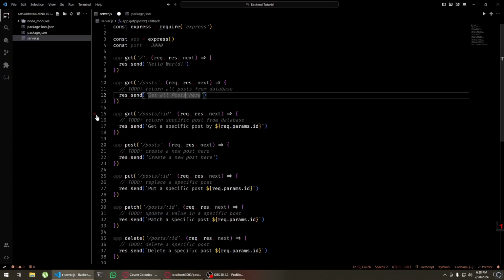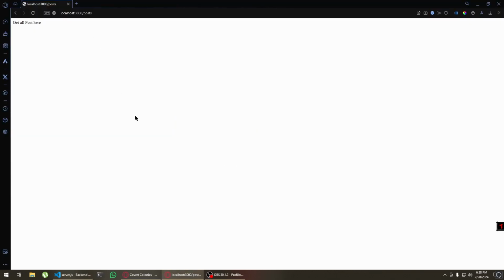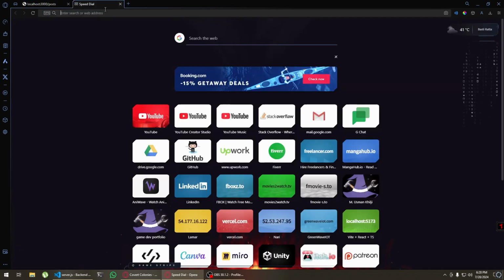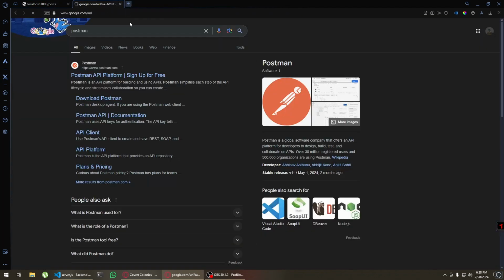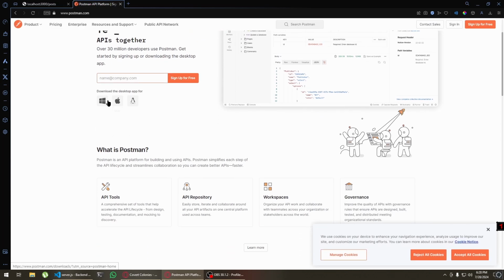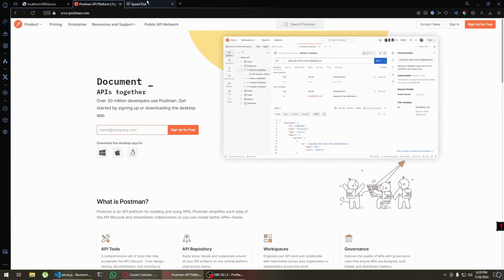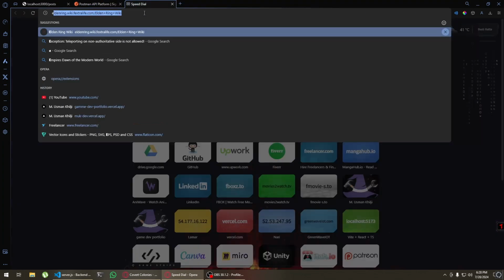How do we test the post, put, and all the other requests that we have here? In order to do that, we will need some external application which is specifically made for this purpose. So there are three options here. There is Postman. This is a Windows application which does exactly this stuff, testing the application. Another is